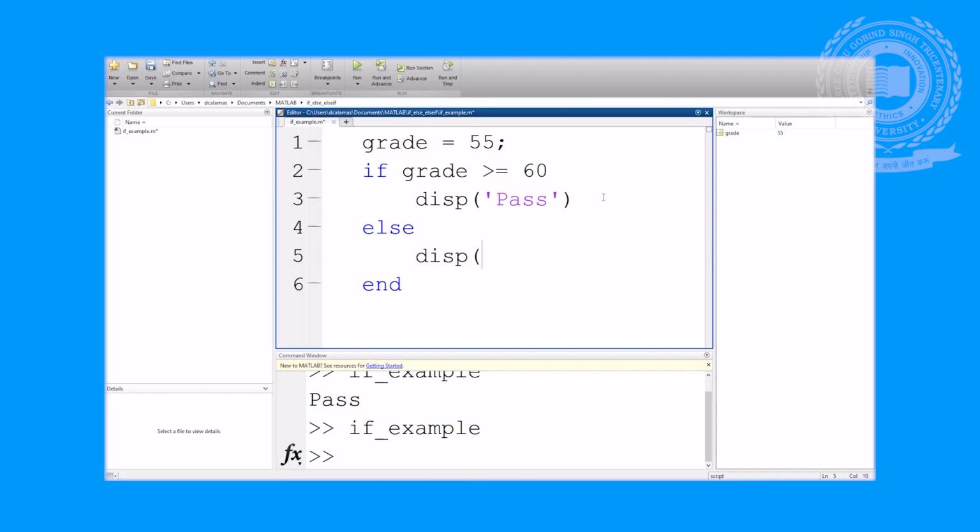So now the program has two different paths to take based on this logical expression, and if it evaluates as true or false. So right now we have a grade of 55 input in our program. So let's run the program, and we see that grade does not fail, and so this program is working correctly.